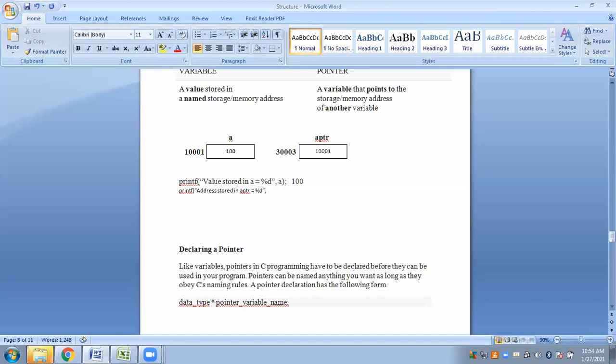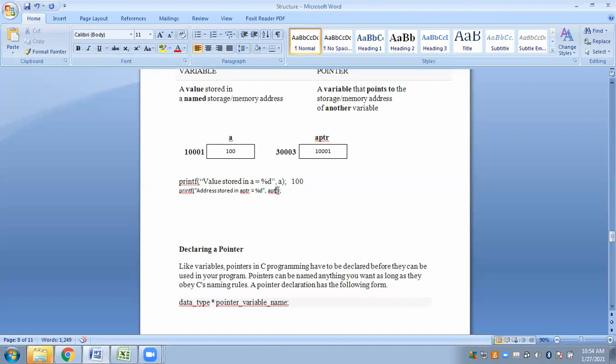If I write this, you also have to make sure of this part: are you writing only ampersand, or p, or asterisk? You have to be sure. Suppose I want to display the address that is stored in aptr. You only want to display the value or the address that is stored in aptr.